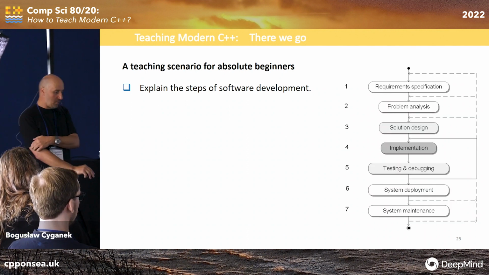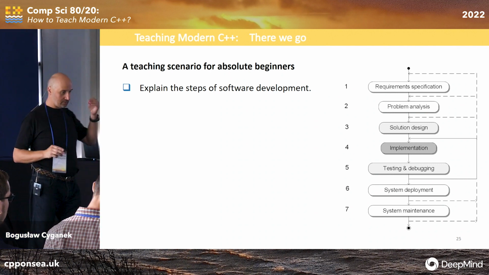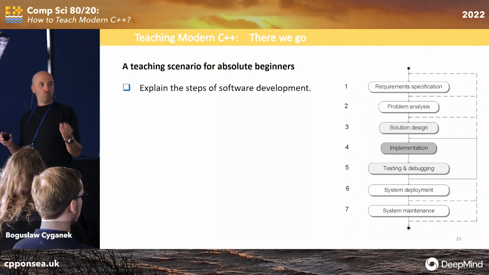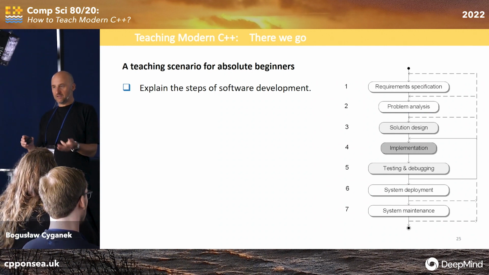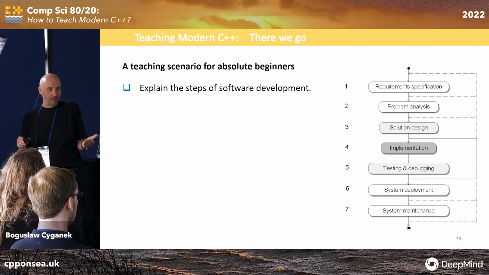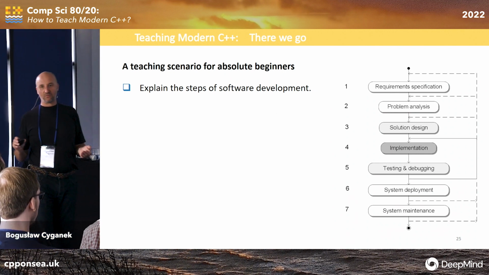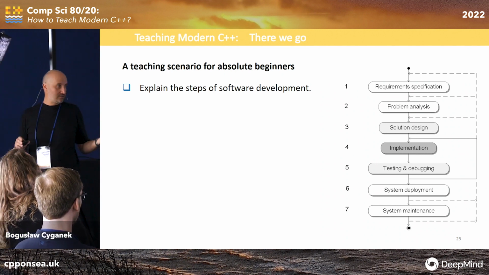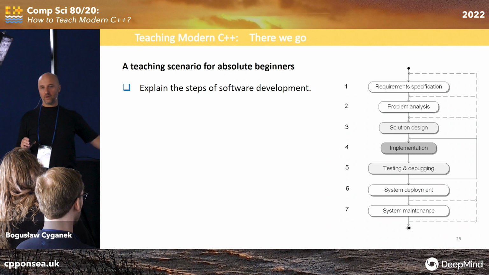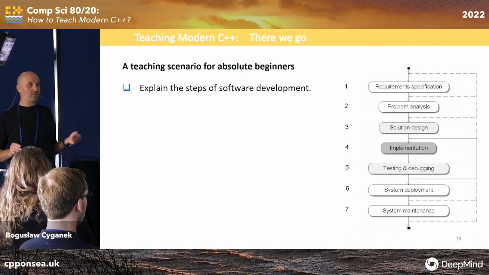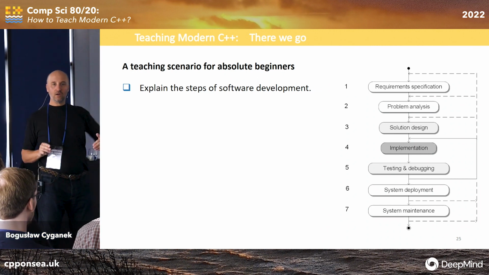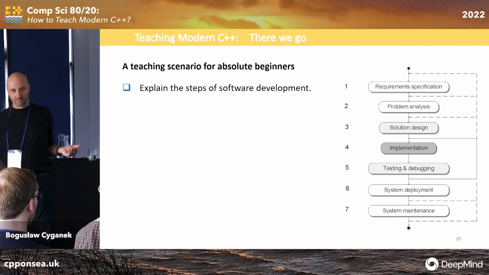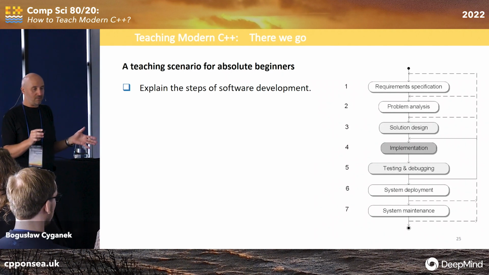Explain the steps of software development. So this is another important aspect of teaching C++, at least in my group. We don't teach C++. We teach computer science and C++. C++ is just a beautiful language, very powerful, but the point is not to teach only C++. It's teaching a little bit of software development, on the occasion of teaching C++. Remember, the times are very fast. We don't have time to go slowly from data structures plus algorithms equals programs and so on. We have one semester for everything.